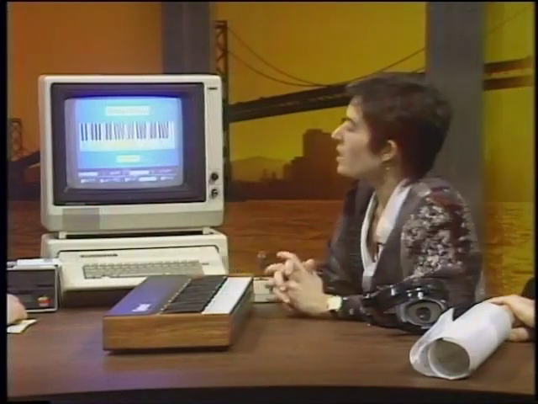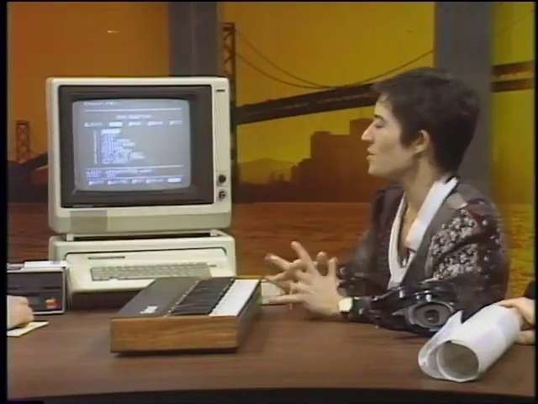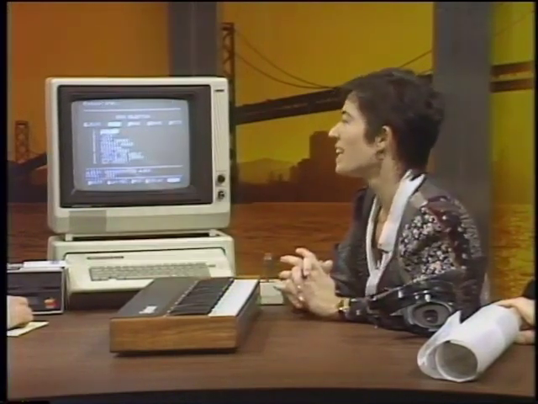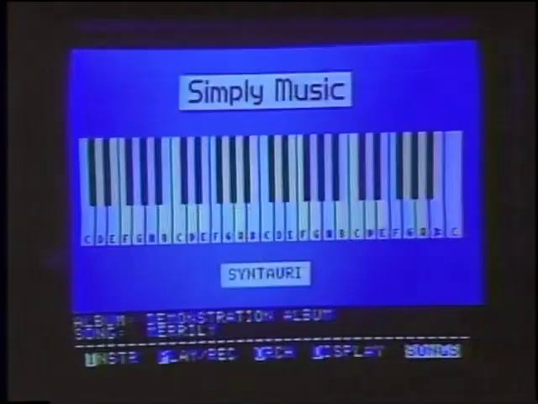Now that's a fairly complex piece. If I were learning to play music, if I'd never approached a musical instrument before or a computer music system, I might choose a more easy to learn song. For instance, Merrily. Now this is a pretty simple song, but it gets the point across that you too can learn to play keyboard with this fairly fancy technology just by